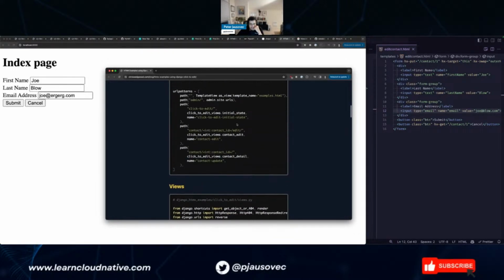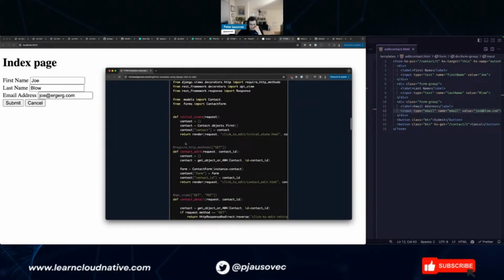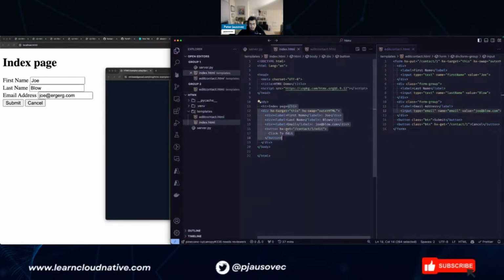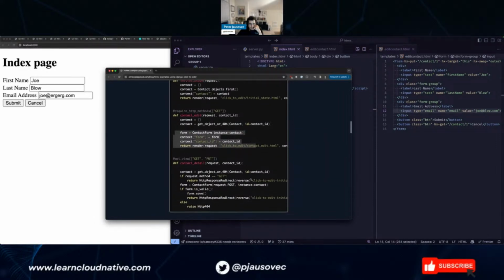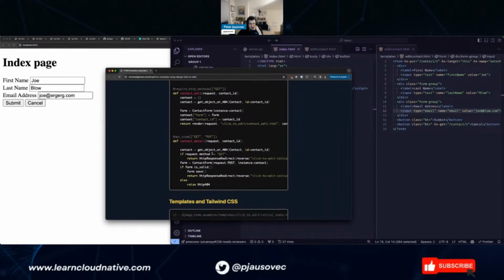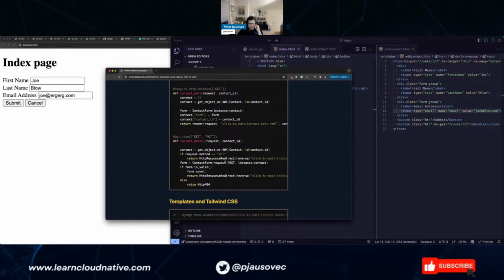So initial state is whatever we have on the index. So we're returning the initial state. Then the GET method is when someone clicks the edit, right? So what do we do? Contact edit, yes. Okay, so there's context that I have to pass probably, right? And then GET and PUT on the context /did. So what it's doing is, if it's GET, we're returning the initial state. Oh, it's the same thing. Oh, but then it's doing some